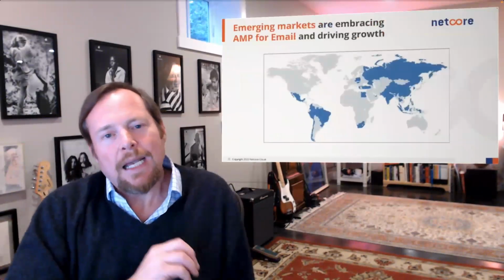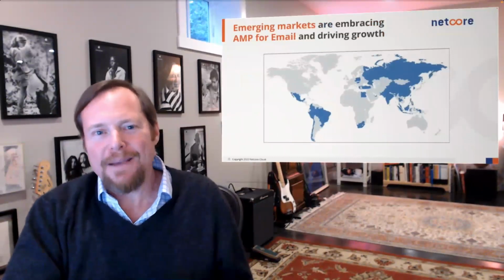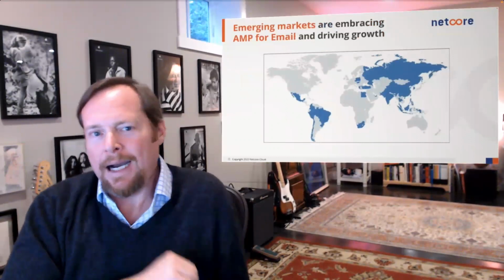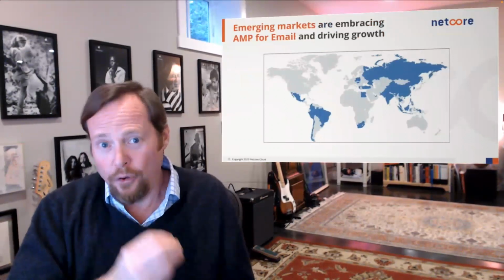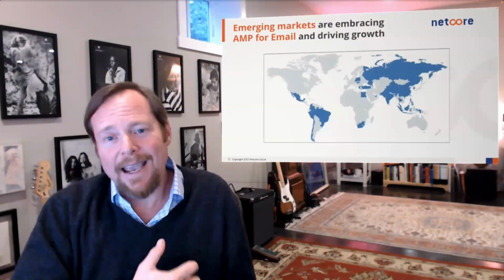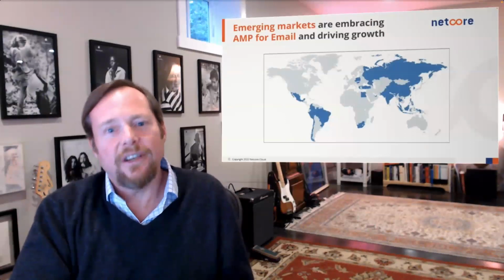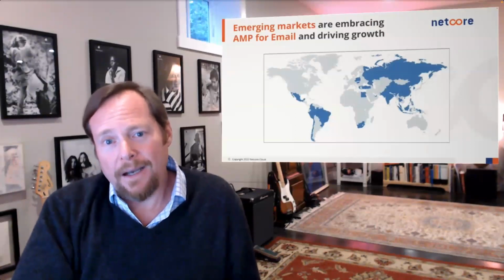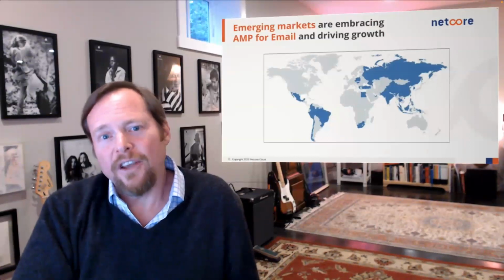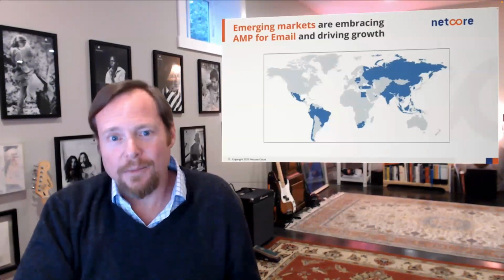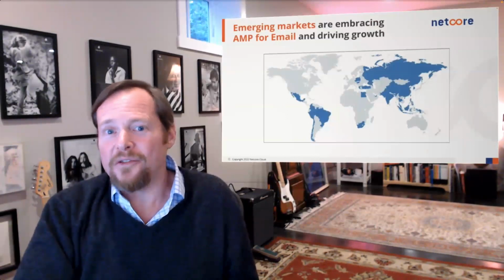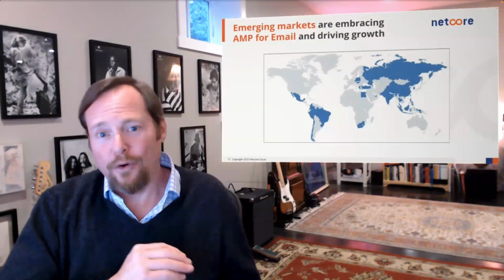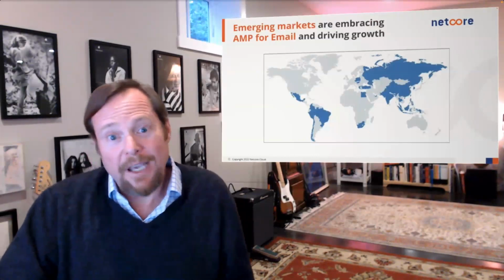In the emerging markets, AMP for Email is gaining momentum like crazy, really gaining steam. In the emerging markets, Google dominates. Android dominates, and Apple Mail itself does not have big market share. And so much of the audience in emerging markets is addressable for AMP for Email. And in these markets, we are seeing an enormous uptick in core business KPIs